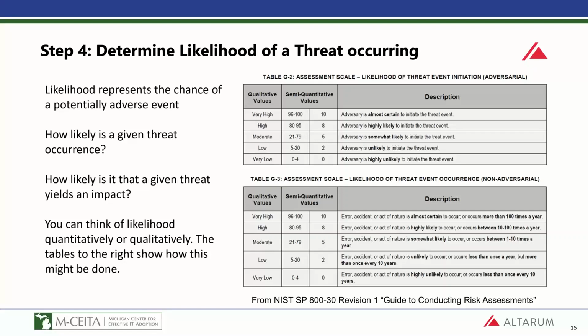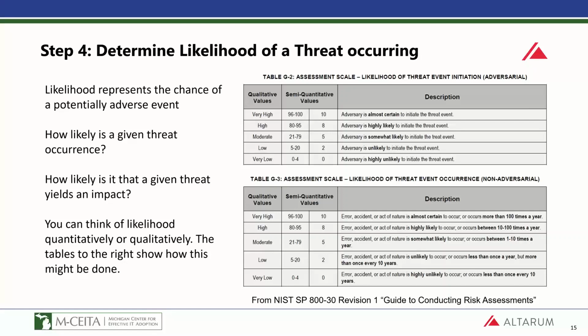It is subjectively determined, so there's no exact way that you have to consider or record vulnerability. And the tables that are listed are from the NIST Special Publication 800-30, Revision 1, the Guide to Conducting Risk Assessments. Again, that is linked at the end of this presentation, and I encourage you to review it. You may find the body of the text to be a bit dry, but it provides a thorough and detailed explanation of the risk assessment process, and the tables and appendices at the end of the document are very helpful tools. And you'll see we'll refer to this document again in the coming slides.